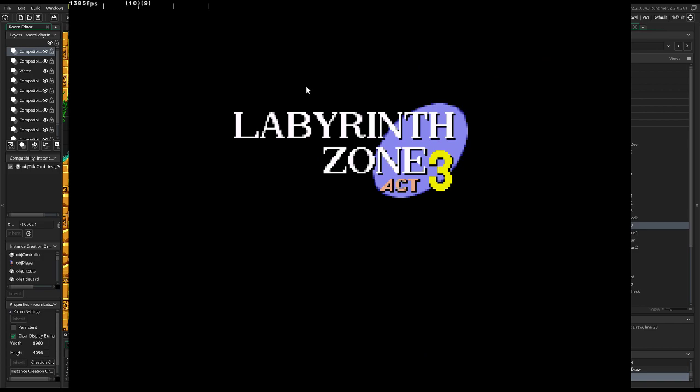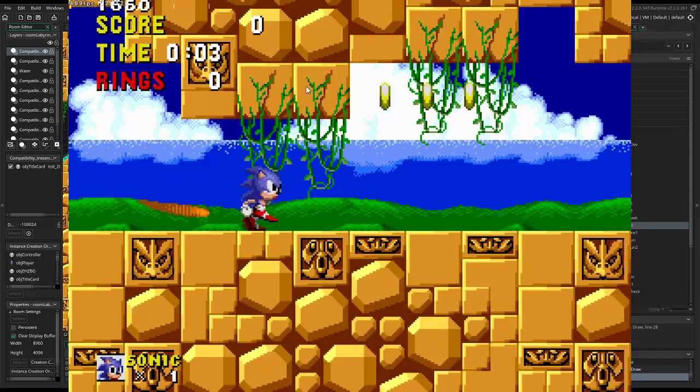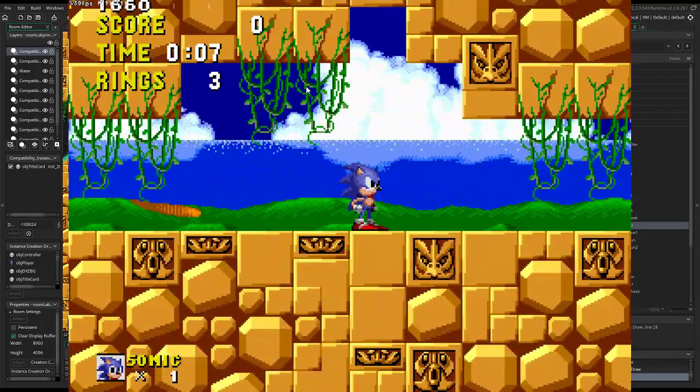Which, okay, there's one thing. It uses Green Hill music, and it uses the Emerald Hill background. Another thing that I haven't fixed yet, and I'm still trying to figure out, is if you stay in this kind of position, or in a certain position,